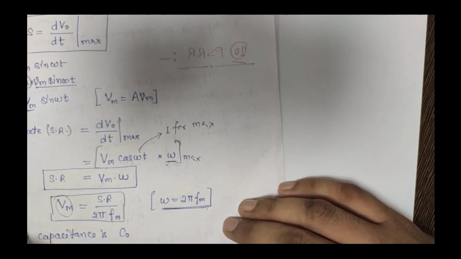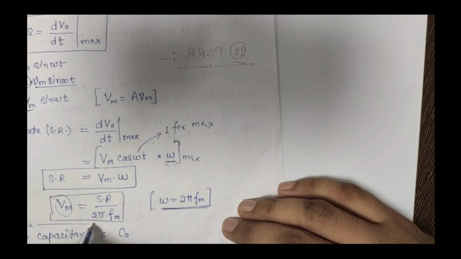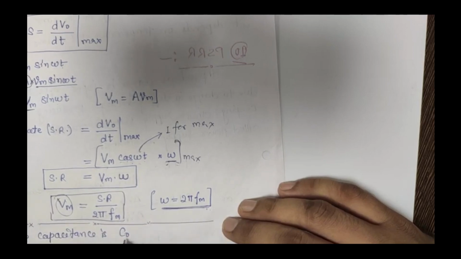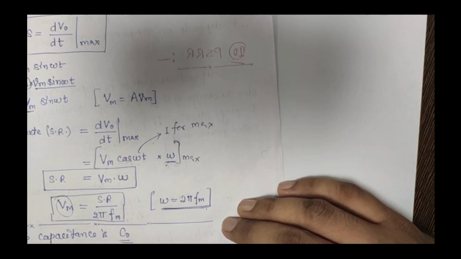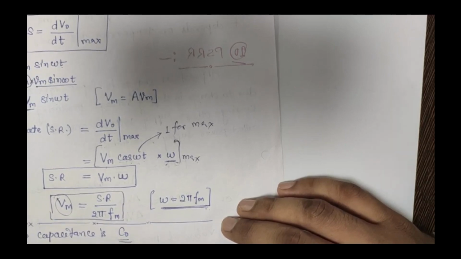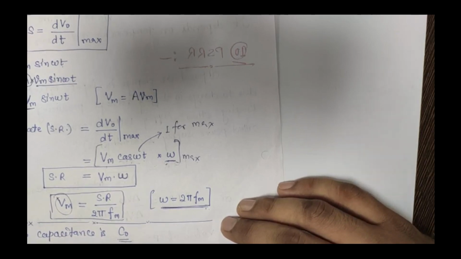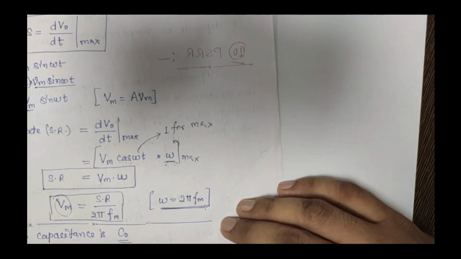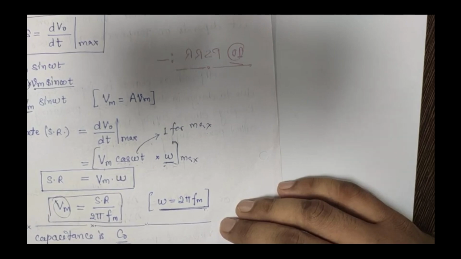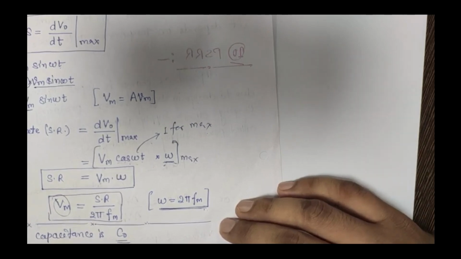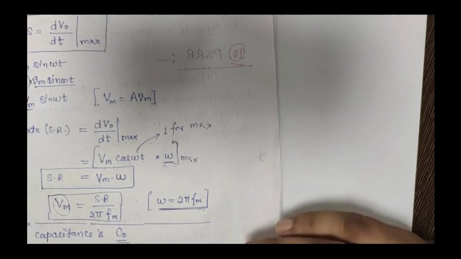The relation can also be established with the help of the output capacitance of the op amp. If the output capacitance of the op amp is C naught, then charge Q naught equals C naught into V naught. So V naught will be equal to Q naught upon C naught, and dV naught upon dt will be equal to 1 upon C naught into dQ naught upon dt. The max value of dV upon dt, with dQ upon dt written as current, will be I naught upon C naught. So if you know the output current and output capacitance, then also you can calculate slew rate S. So slew rate can also be calculated in terms of output current.